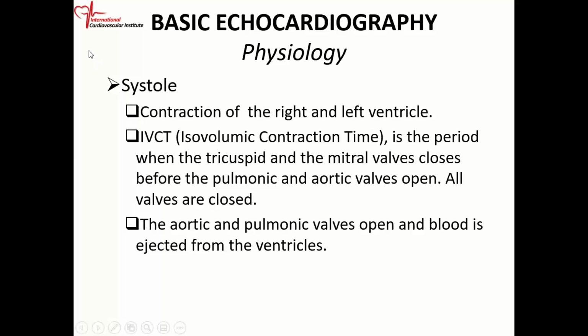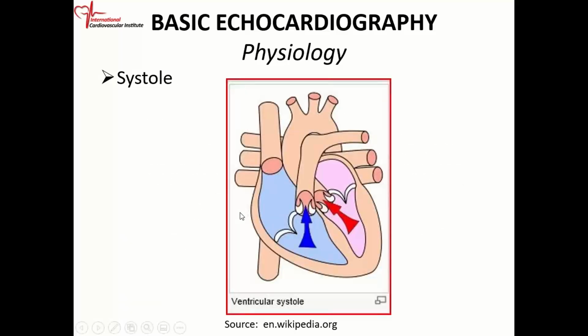So contraction of systole is contraction of the right and left ventricle with IVCT, isovolumic contraction time. It is the period when all the valves, tricuspid, mitral, so we lump in both right and left side, when those valves are closed before the pulmonic and the aortic valve open, all the valves are closed in IVCT. The aortic and the pulmonary valves, pulmonary valve now opens and blood is ejected from the ventricle. So if you want to just separate the right side, the same thing that happens on the right side happens on the